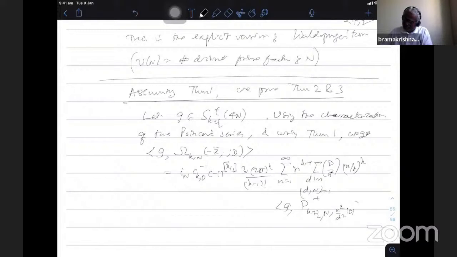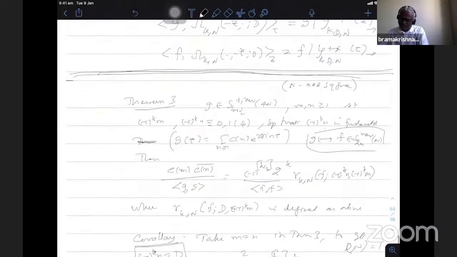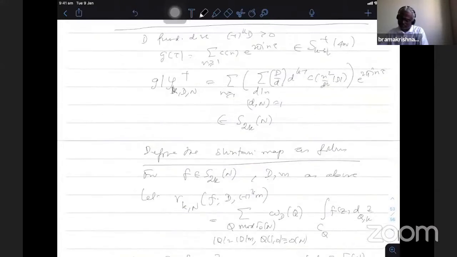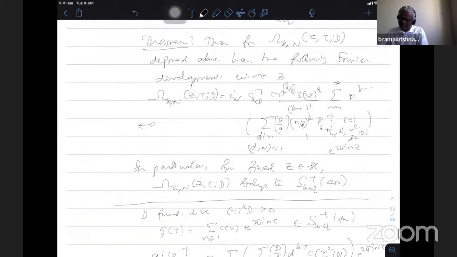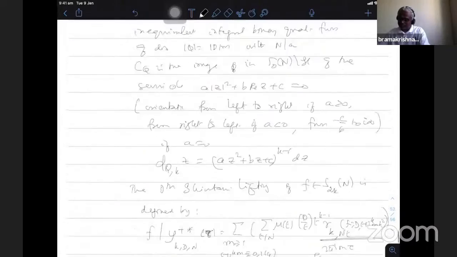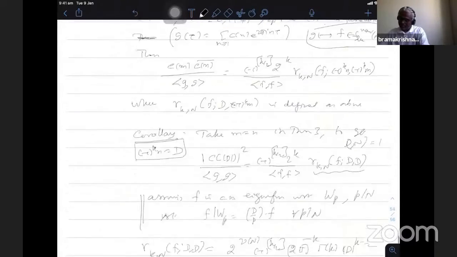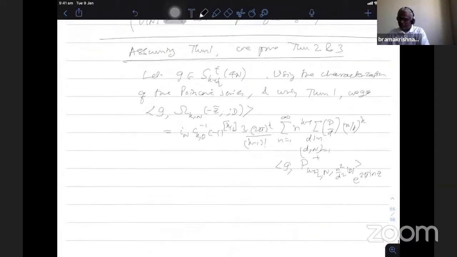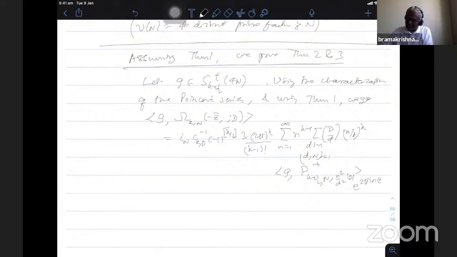This is plus, and then e power 2 pi i n. So that's what I have done. So you go back to the omega theorem 1. Yes. So the d by d, n by d, all the factors come out. When I take the inner product of G with that, I just take the inner product, and then instead of this one, n square by d square mod d. Okay. So now use the characterization that the gamma factor comes out, denominator 4 pi power, so this number comes out, and then the nth coefficient of n square by d square mod d, the coefficient of G will come out.